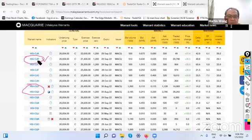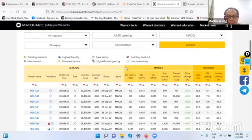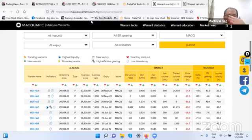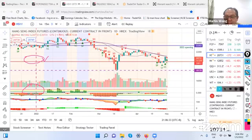Okay, so you can concentrate a little bit on the CJB, and always couple it together with the partner, the put warrant, because now the market is quite up and down. For example like this one, we can already do some estimate, because here you have a support, and I'm